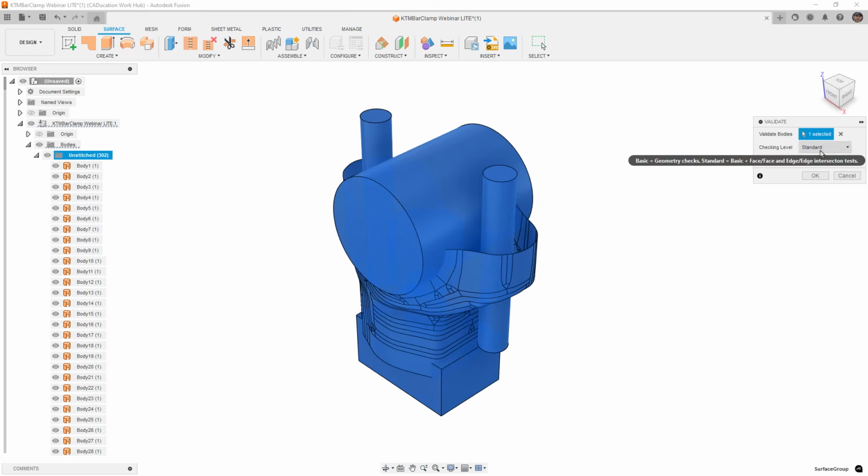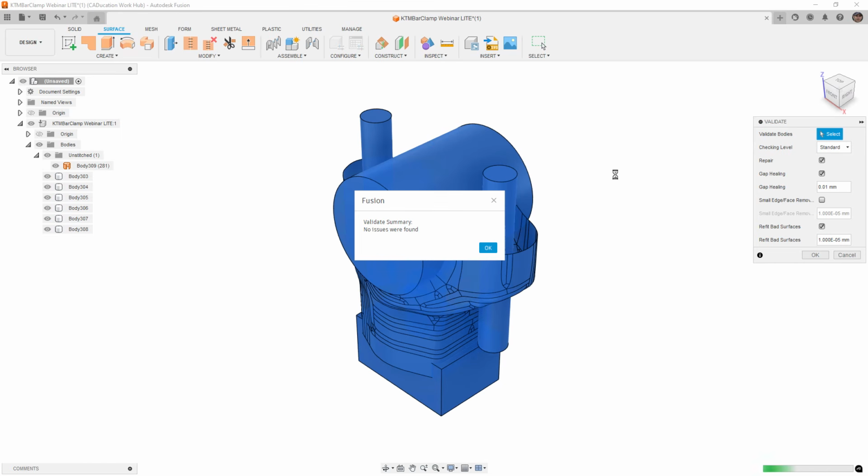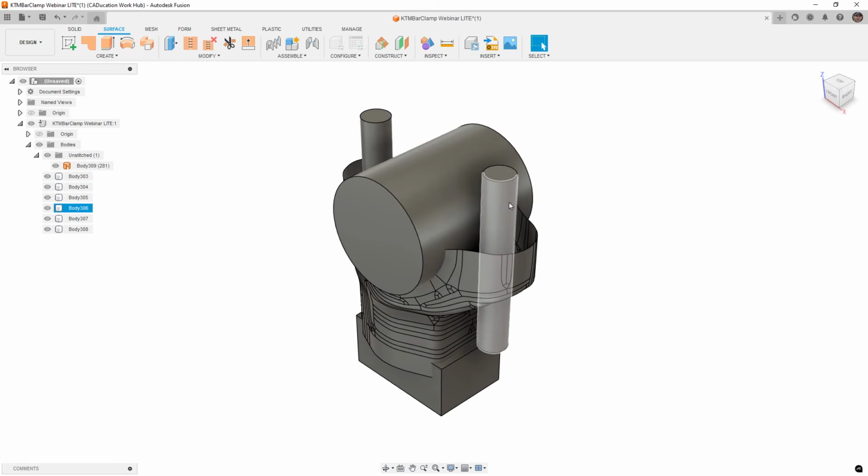And what we can do is validate bodies. I'm going to select all the bodies. We've got a repair option, which talks about gaps and healing. We have a different checking level, basic and standard, but we're going to go ahead and just say okay. This should go through all the bodies that we have selected and try to stitch together the ones that make sense. For example, the primitive cylinders for where the bar goes, and for these holes, and for this bottom, those obviously were originally solids. So using that tool keeps us from having to do all of that manually,